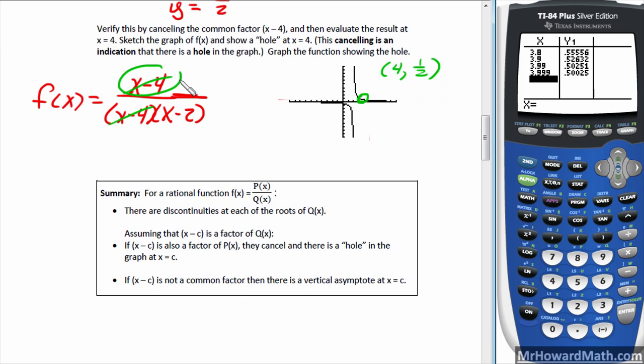So in this case, we canceled x minus 4, so we had a hole at x equals 4. We had a factor in the denominator of x minus 2 that did not cancel, and that is giving us the vertical asymptote at x equals 2. So that example had a vertical asymptote from this factor and a hole from those matching factors. So that's it for this